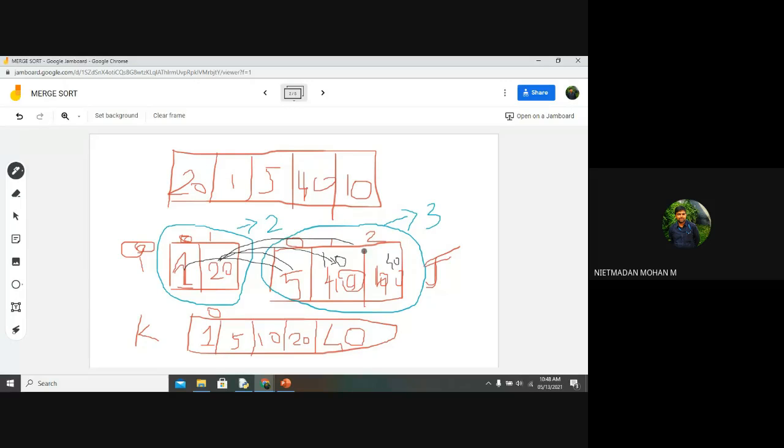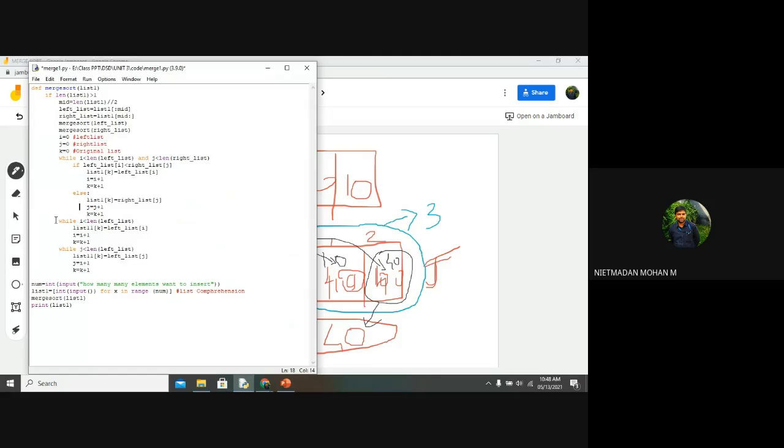And 20 will be compared with 40, and 20 has been written. So finally, this 40 has been left out without any comparison. There is no element to compare with 40, so that 40 wants to be inserted at the end of the list. Clear? For that purpose, we have written this while statement.